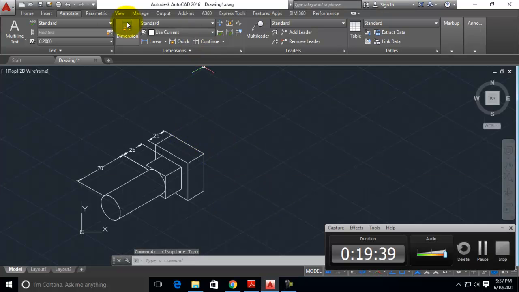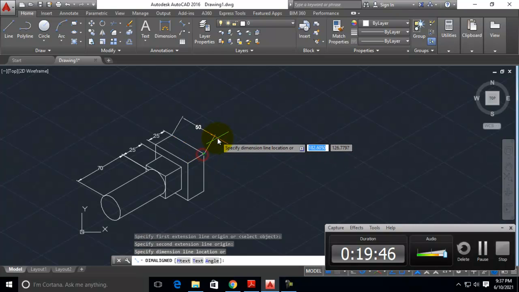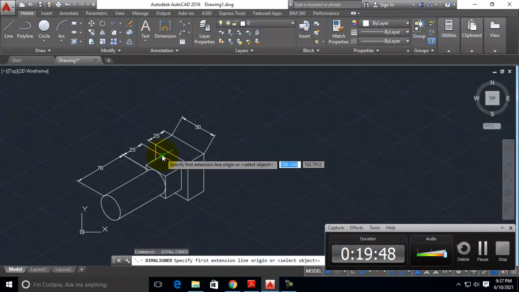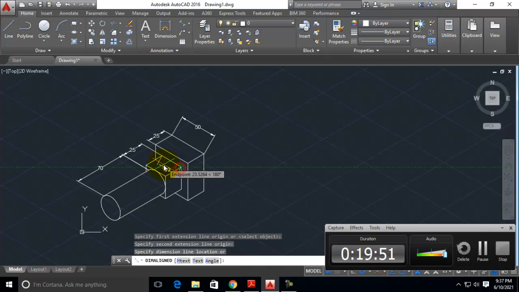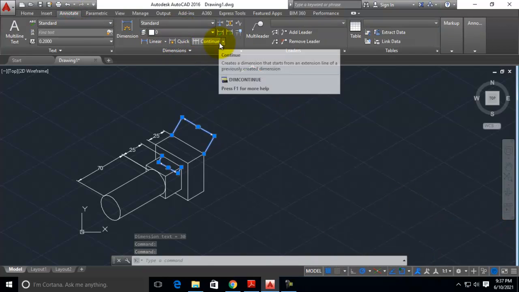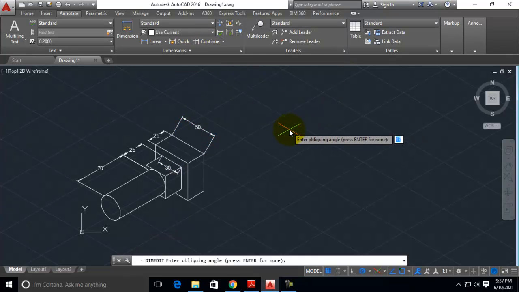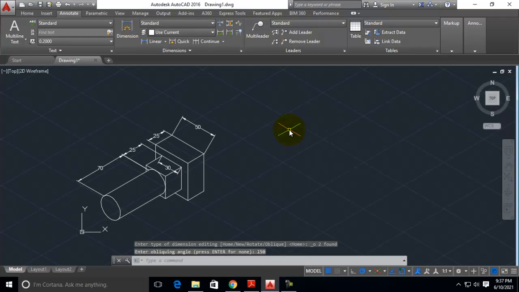Now you do the same thing, use the align dimension option from here to here, again repeat it, here to here, select both the dimensions and go to annotate tab, select the dimensions, oblique option, give the angle as 150. It's not still changing, I will check it, 1 second.